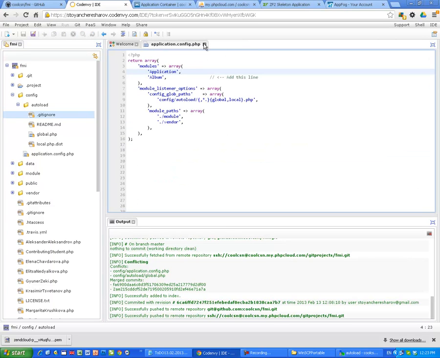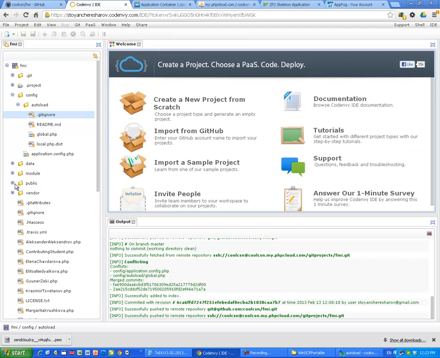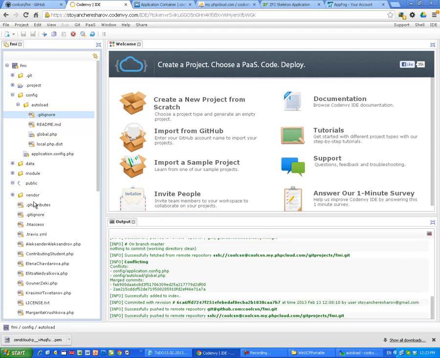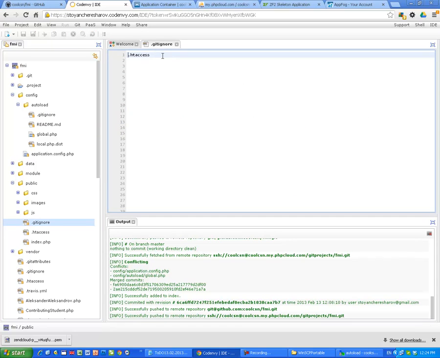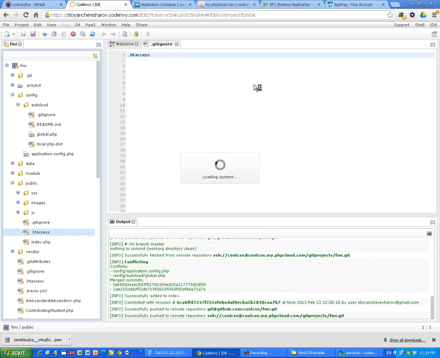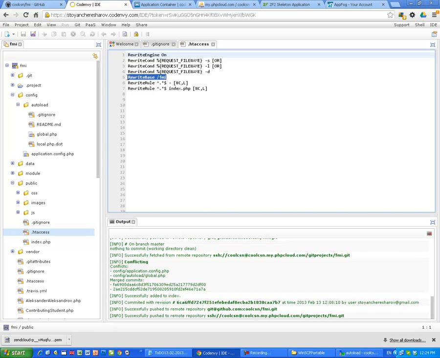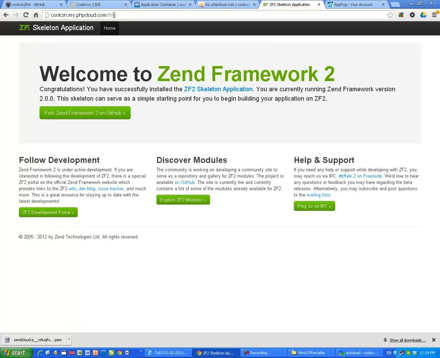Why? Because htaccess is a little bit strange on PHP Cloud. It has this extra line. Pay attention to this. Now our application is in a subfolder. As a subdomain we have the name of the container, but each application is in a subfolder, FMI. So